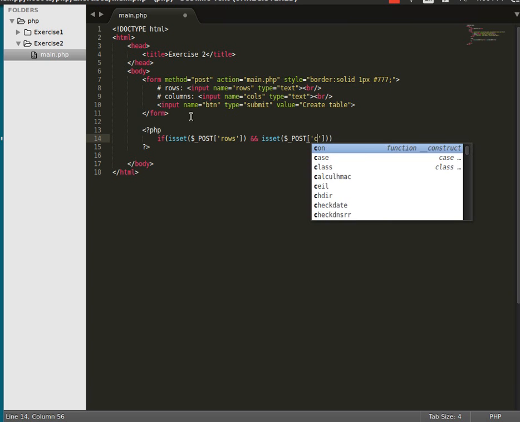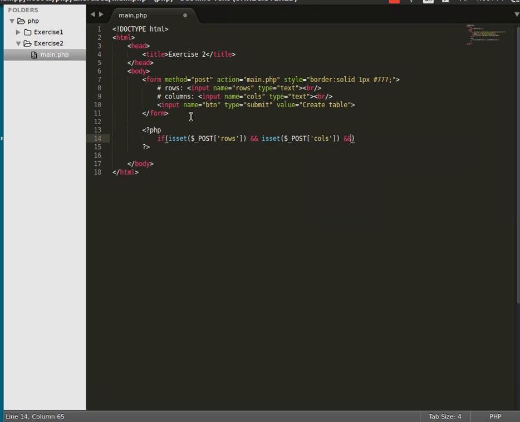So we're checking for columns, and finally let's check the button being clicked. So if we're getting all these three, basically we're getting the number of rows, the number of columns, we're okay, we can go ahead and